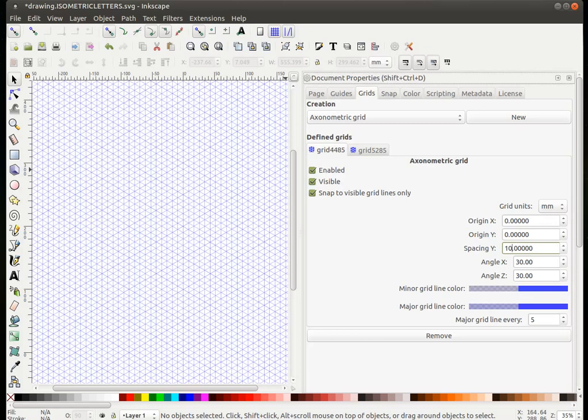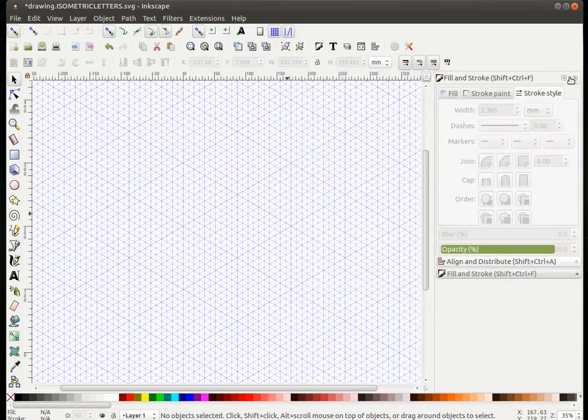Let's press enter. It's not changing, so let me change it to something even bigger and see how it behaves. Okay, it has changed.